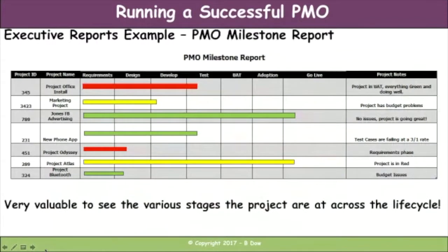The next is a milestone report, and this is another very simple report. Again, you've got your projects. Now, what you're seeing are the phases of a waterfall project. But how simple would this be to create an agile? How simple would this be to create the construction or research or manufacturing? The executives can see the colors, they can see where projects are, and how often do you get asked, hey,